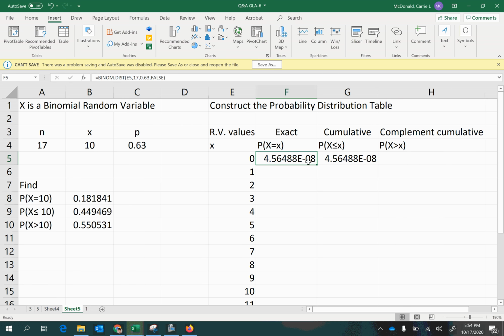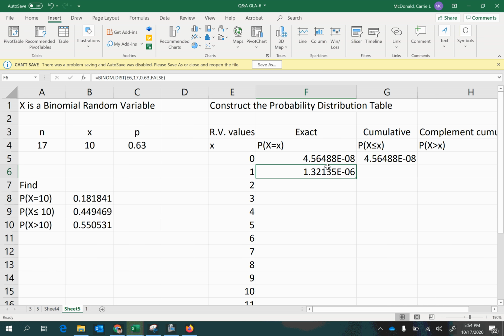But when we bring this down, notice that here's the probability of getting exactly 1 success. And here's the probability of getting no successes. And also take note that this is in scientific notation. You would be moving the decimal place backwards 8 times. Remember, your probabilities are always going to be between 0 and 1, and if they're not, there's a problem there. But these are, even though they don't look it, they are actually,